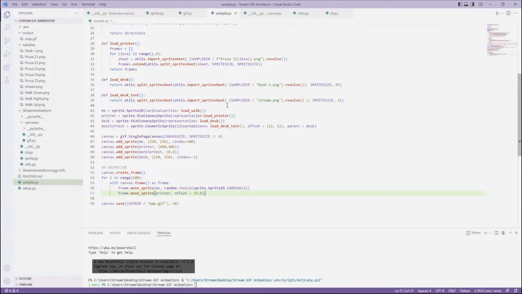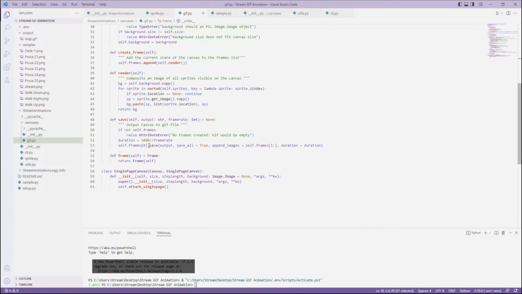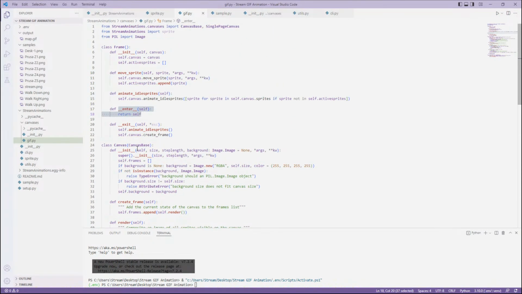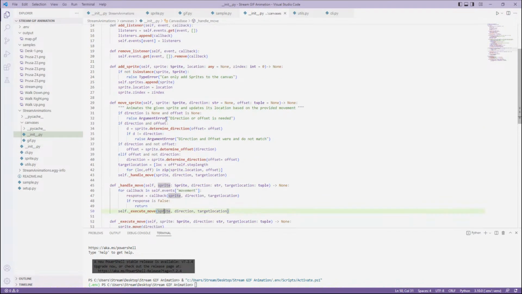So, yeah, basically what was happening, it was taking that first thing, which is a tuple, right? And this may be something that we might want to fix. But in canvas, move sprite, oh, that is in canvas. That's actually over here. So in here, obviously direction and then offset are two separate attributes. It took the first one as direction, and then it attempted to determine offset. So what we probably should do